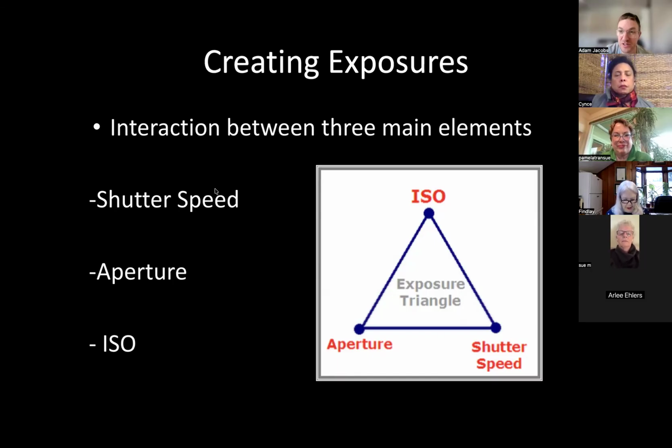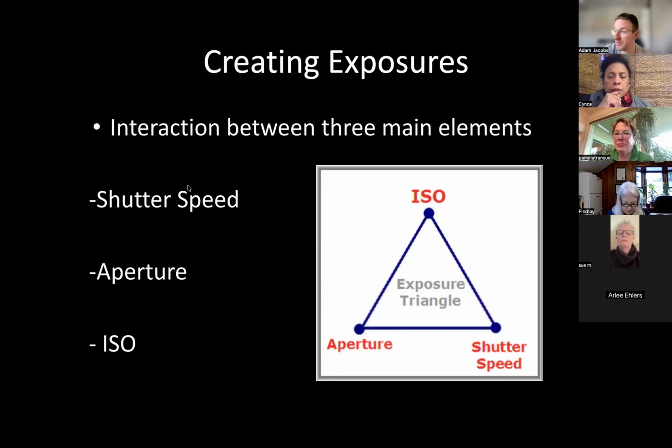If any of you ever used a film camera, then you used to buy a film and it had a number on it. It had like 100, 200, 400. They call it a speed. But essentially that was an ISO number. That number referred to how sensitive the piece of film was to light. So if you were going in a really dark environment and you wanted to photograph something, you would have to get a roll of film that had what's called a higher speed or a higher ISO, i.e. it was more sensitive to light. The problem is with that